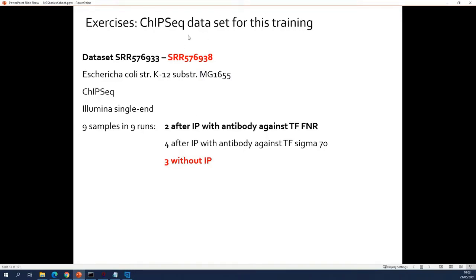So the control in the ChIP-seq experiment is exactly the same as the sample that you would have in a variant analysis experiment. So with this sample, we can do everything that you would normally do on variant analysis data. But variant analysis is very often human or mouse, and that's again very hard and time-consuming to analyze. So not suited for a training. So these are the different data sets, yeah? And you can recognize them by their SRR number.